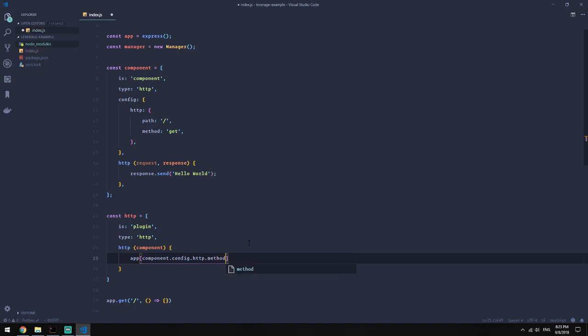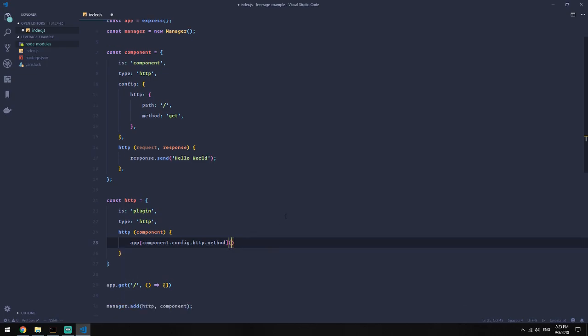.method here. And of course you can destructure all your stuff and make your code a little bit smaller. Don't worry too much about this. But we're getting this information from our component. We're expecting each config to have that HTTP property, right, config.http, and then have a method associated, which is the appropriate method to call. All right, so we're saying call that method, in our case get, and we'll give that